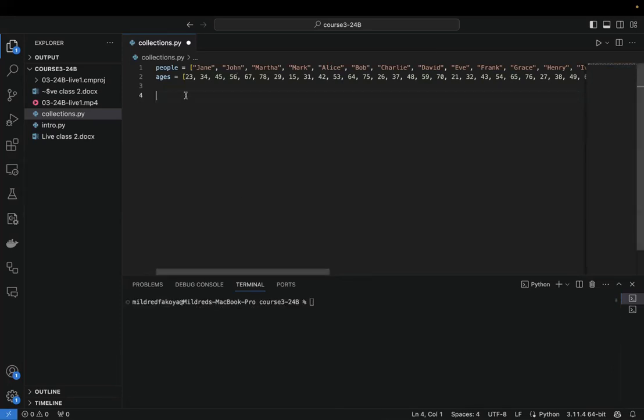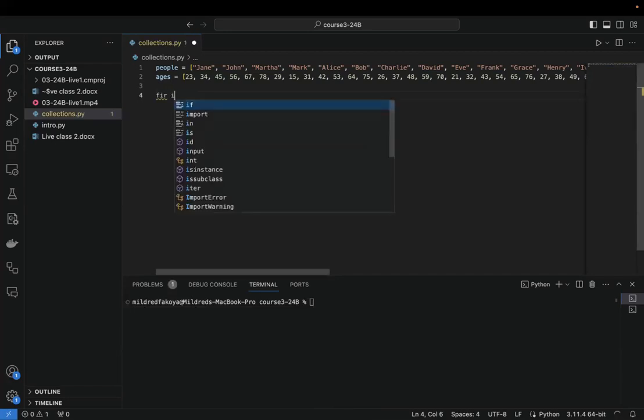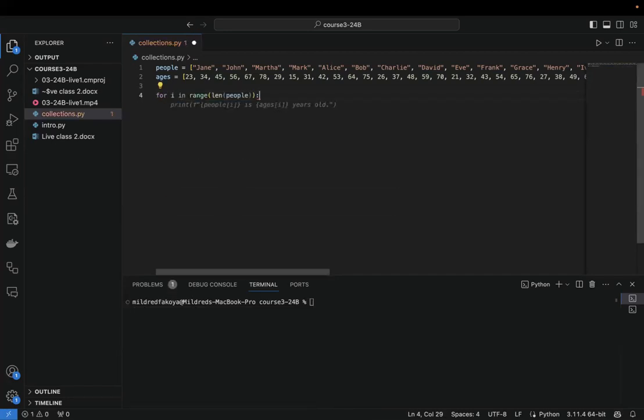So I'm going to say, for i in range, then people, we want to do something. Let's say we want to print people i is ages i years old. Now, what we're doing here is we're using the for loop, and the thing about the range function that we have is we use